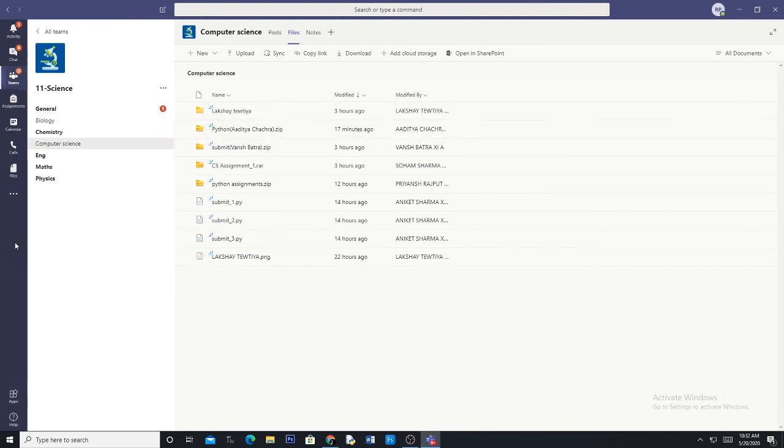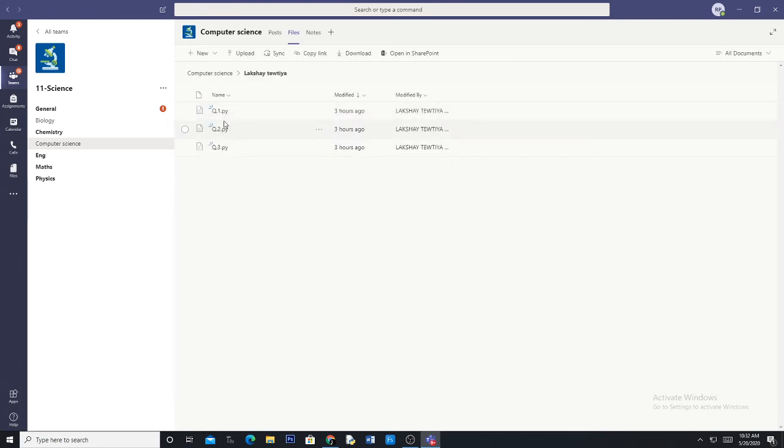download in my own system as a teacher, what I'll do is I'll click here. I can download. If I want to download this particular thing, here there's an option called download link. Okay, this I can do. I hope you understood this. This is very simple: receiving assignments, sending assignments.